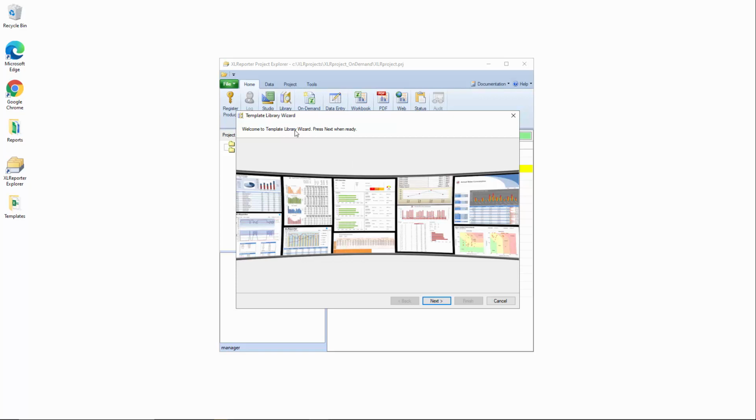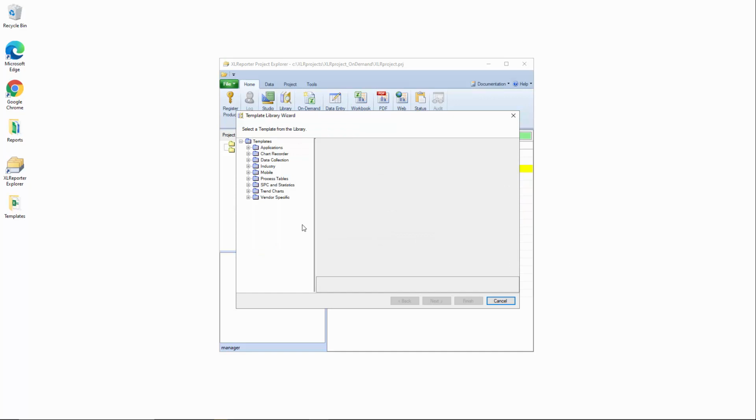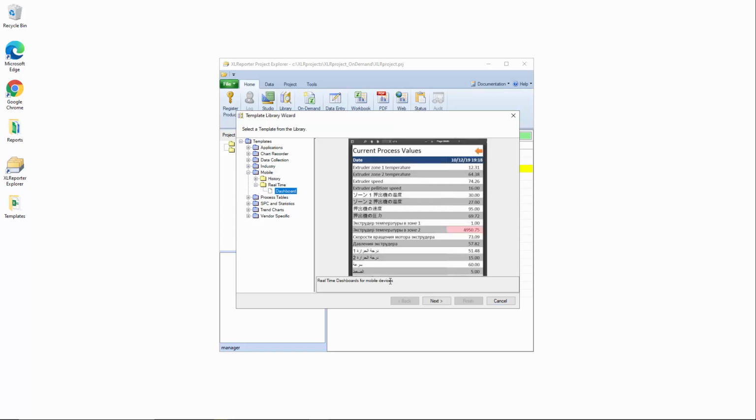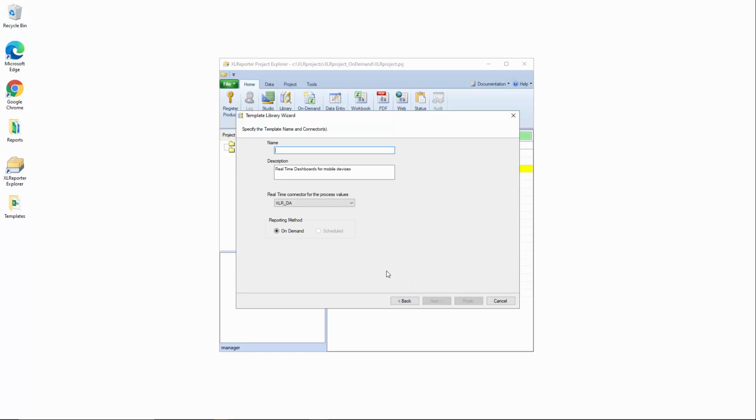So I'm going to start with the template library because it's a great way to just get started quickly with the product if you're not familiar with the design tools. And I'm going to go into the mobile category and build a real-time dashboard report. And this one's just going to allow me to associate the dashboard with my PLC connector and then open up my web browser on my desktop or my phone, select some tags that I'm interested in, and see the live